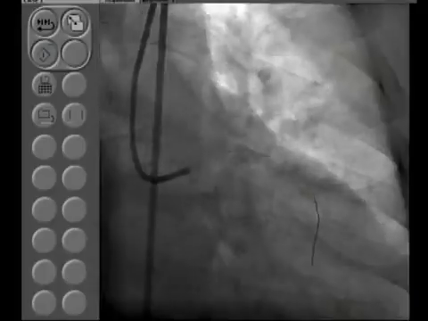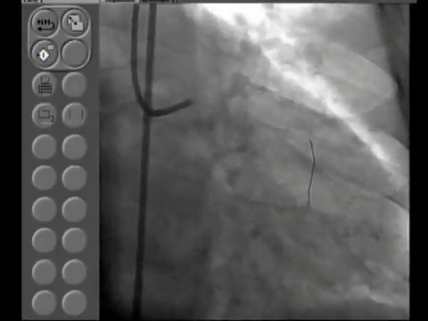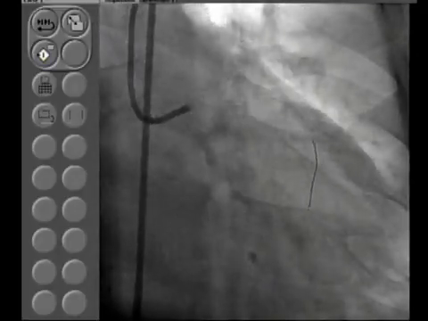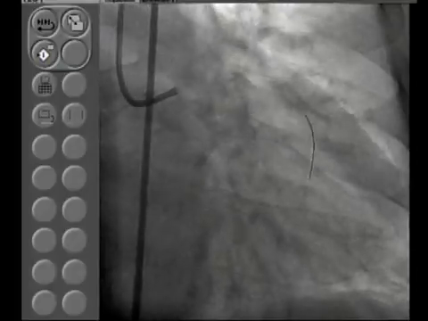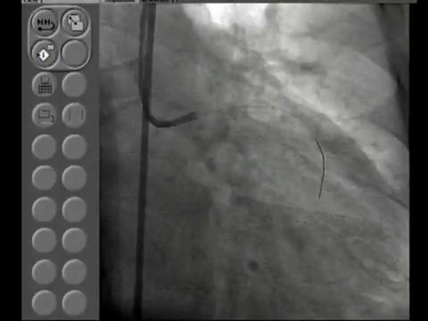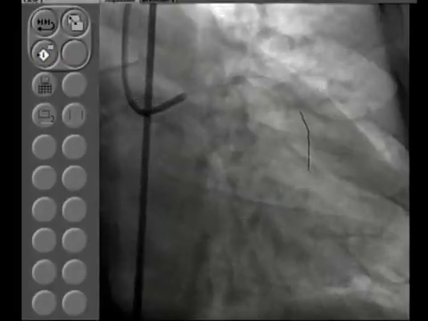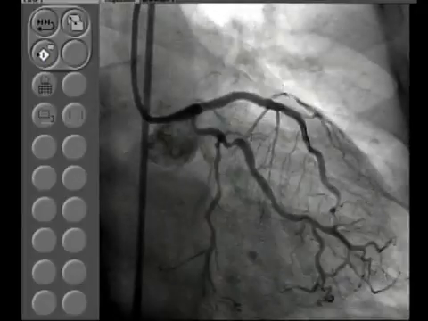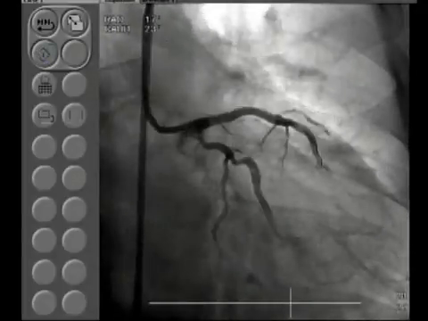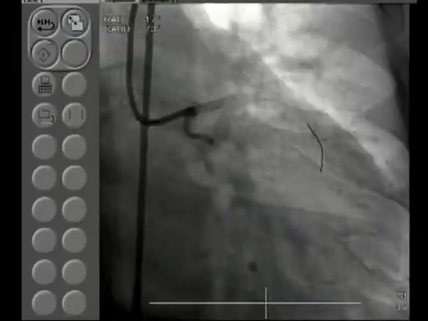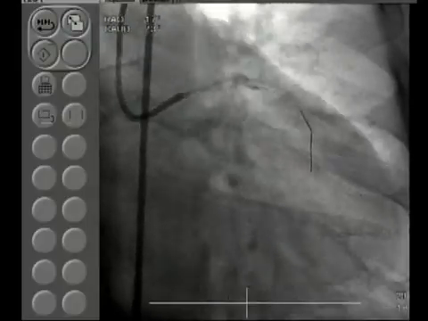All the branches are patent. He does have a very little ST depression in the inferior lead, and I saw that all the diagonals were patent. There was a very small first diagonal which was severely diffusely diseased. Now see that here the stent has nicely expanded, but we are going to see whether the stent is opposing